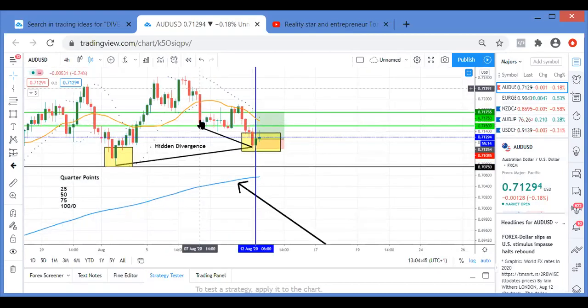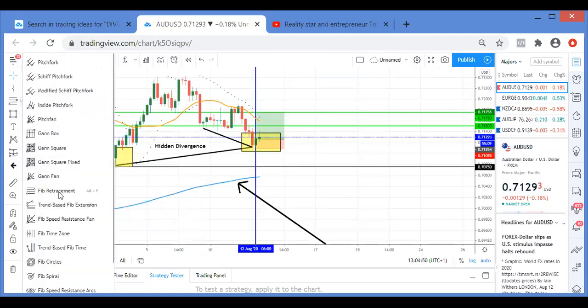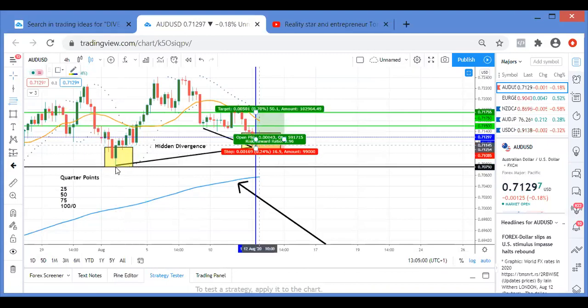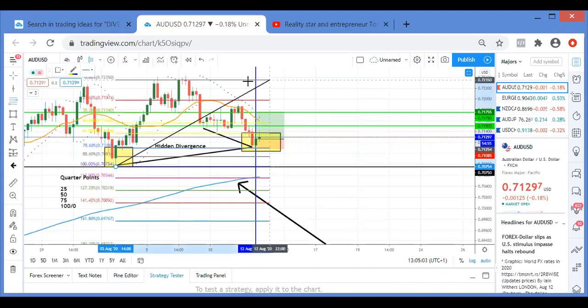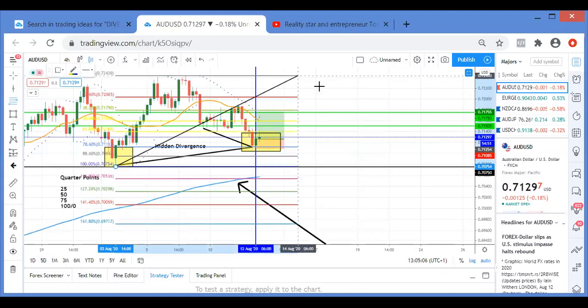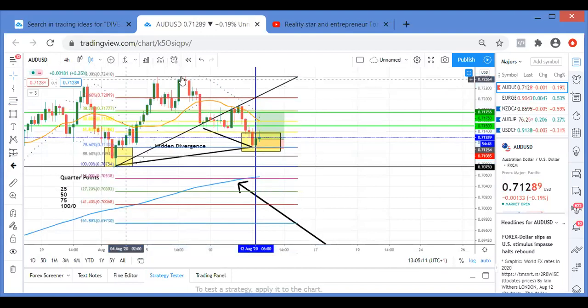long bearish red candle. Now all I do is I go here, Fibonacci, Fib retracement, this one here. I click on that and I go from the lowest low. So this is the lowest low and this is the higher low. So I go from the higher low to the top, the peak here. Can you see how my zero line is at the peak of this move? I want to put my Fibonacci on the peak of the move, the highest point of this move before it came down here.